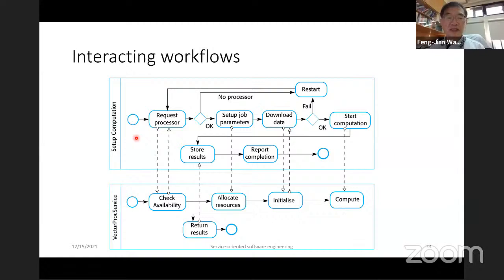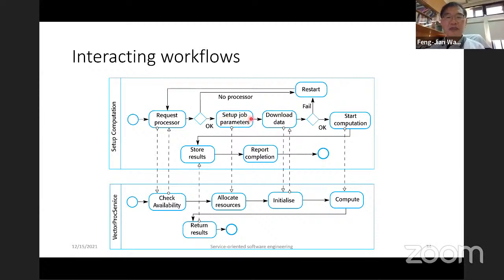So you can read that the processes seem to be concurrent, but for the second one, the request processor will send a message to vector approach services, and if this one gets the availability, it will send the result back to the request processor. Send the data back there, and this process, when it receives the message, will now start to check whether